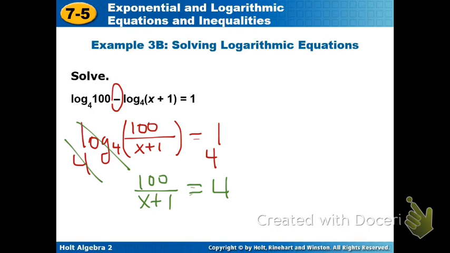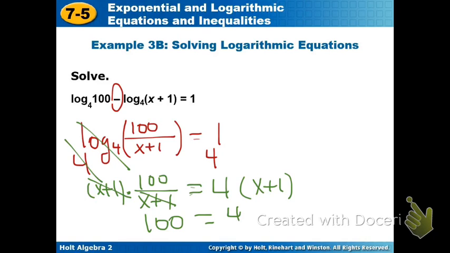No, because that won't get the x plus 1 out of there. We need to get the x plus 1 out. Yeah, you multiply both sides by the x plus 1. So that means your x plus 1's cancel. You're left with 100 equals 4 times your x plus 1, which would be 4x plus 4. Now you're ready to solve. X equals 24. You can go back and do a quick check. Any questions on that? Okay. All right, we'll go ahead and